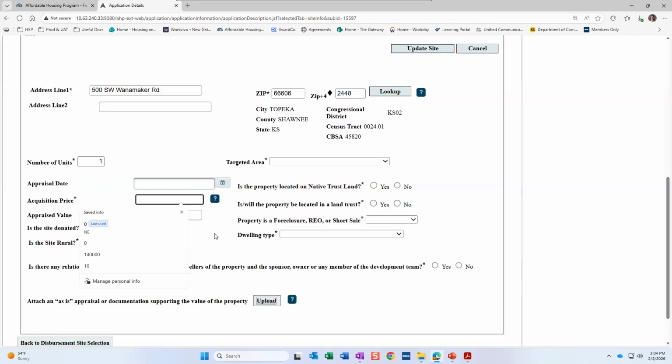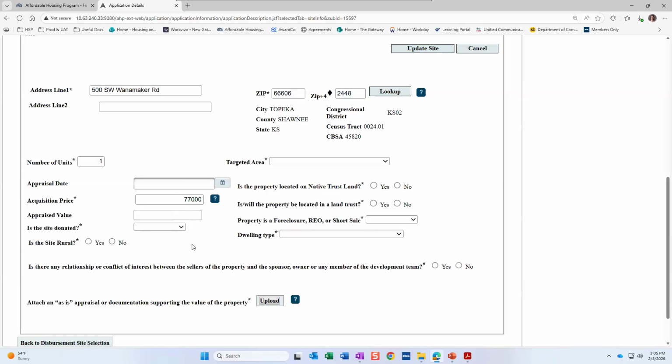Acquisition price, you can put in the amount of the loan here for the acquisition price. For this one, we had the $77,000 sale price, so I can stick that in here. Is the site donated? If you do have a donated property for any reason, you can click donated here. If the property is not donated, then you'll just click not applicable.